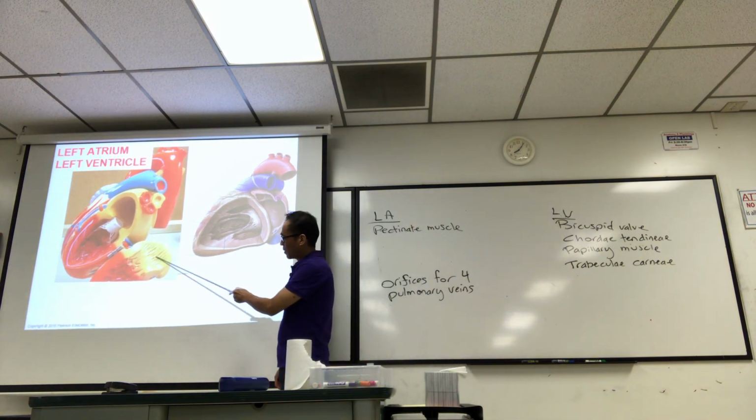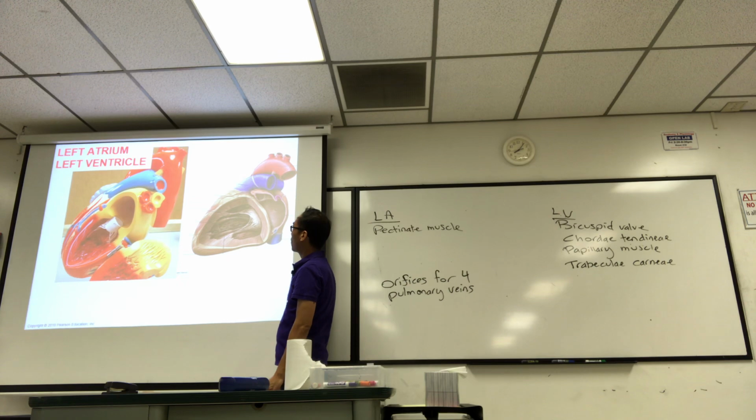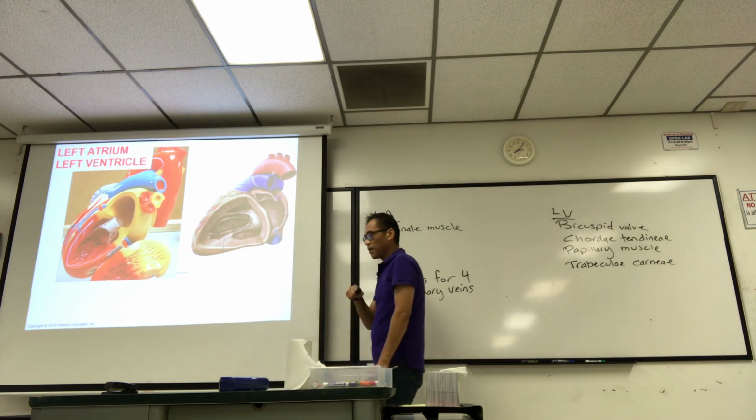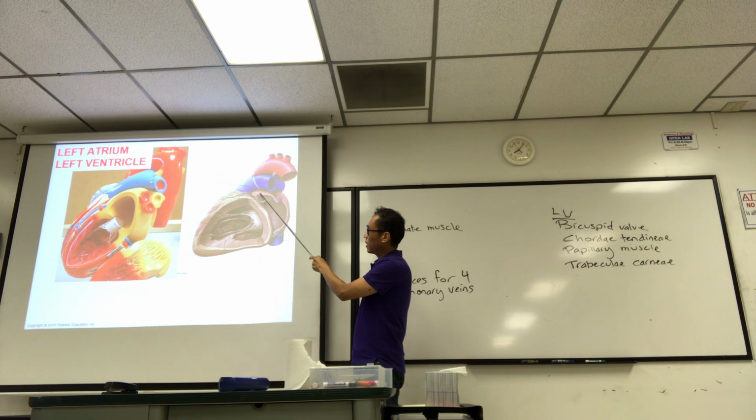So that's the pectinate muscle, that's trabeculae carneae. I think the best way to know that you're in the atria, not the ventricles, is to look for the Dumbo ears. There it is right there. If you got the Dumbo ears, you know it's the atria,